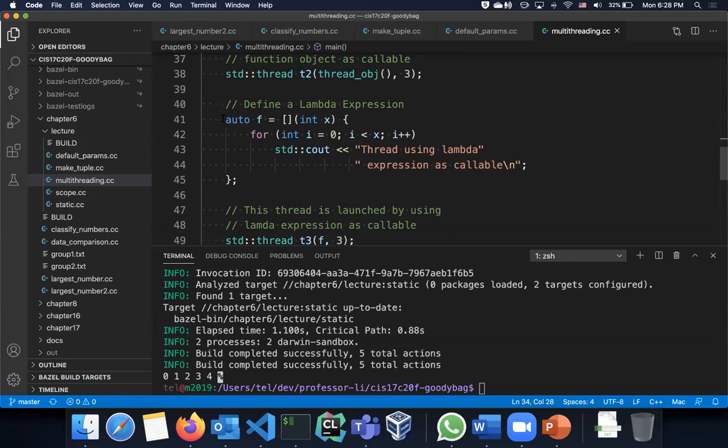Now just take a peek at this lambda expression. We're going to see this. This is a very basic lambda expression. Lambda expression is a feature introduced in C++ version 11, I believe. It's not that new, but